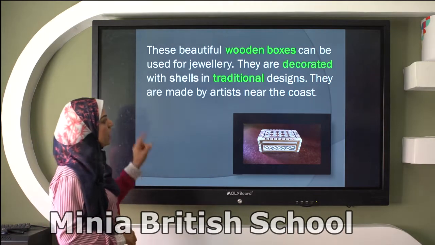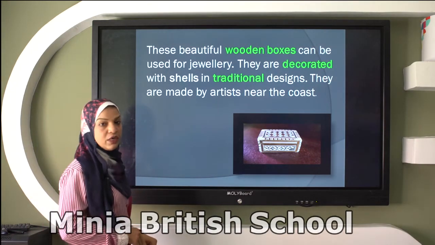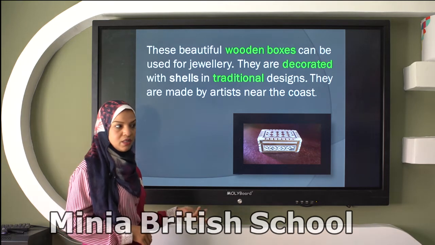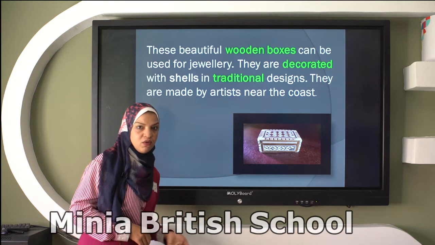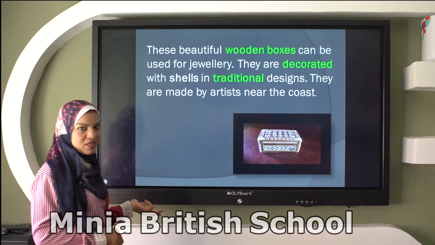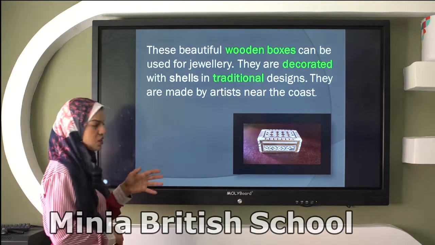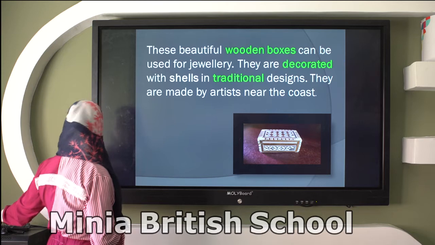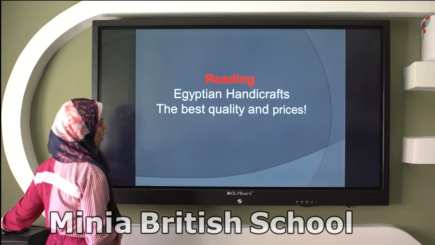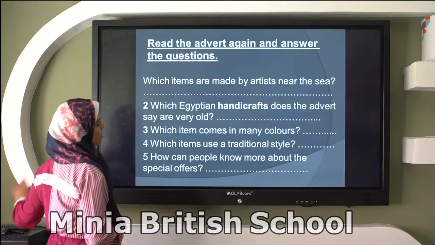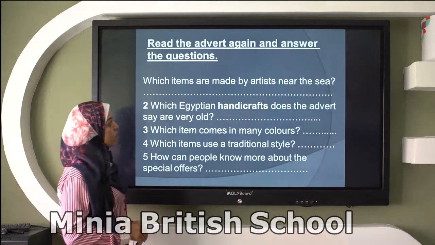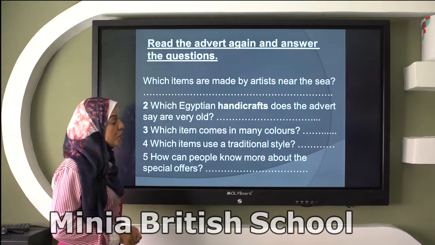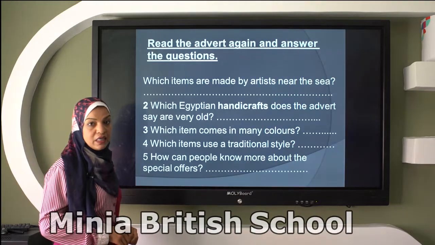Right here, when he said that they are made by artists near the coast, is where you can see the sea. It's the same meaning, but he's using different words. So the answer is, the items that are made by artists near the sea are the,